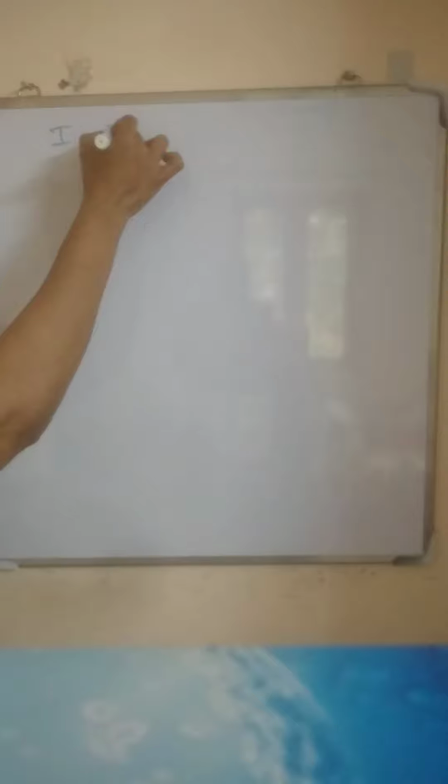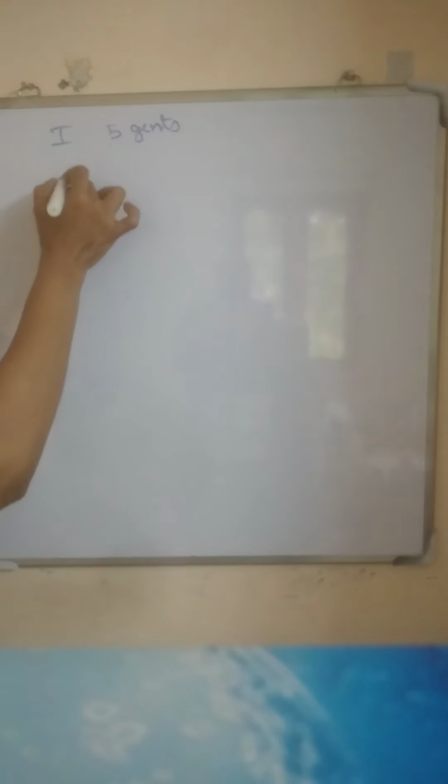And the second part of the first question is at most 2 ladies are included. That is maximum 2 ladies are included. So first case, maximum 2 ladies are included. That means in the committee there may be 2 ladies, or there may be 1 lady. Without a lady we can also form the committee. So the first selection is 5 gents only. The committee formed by 5 gents only.